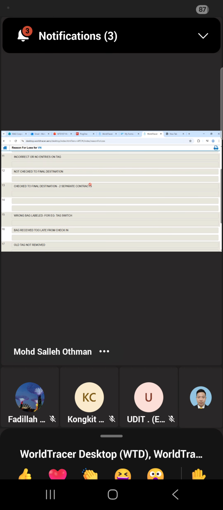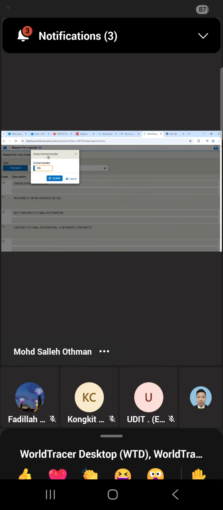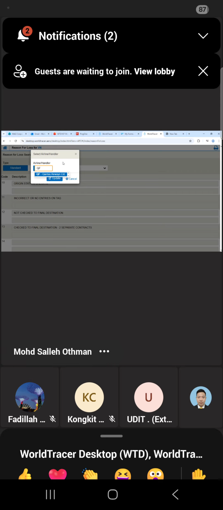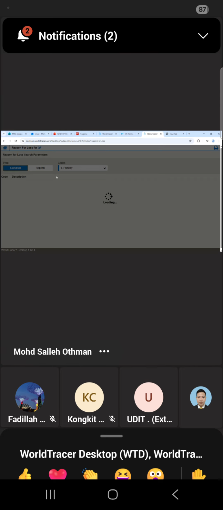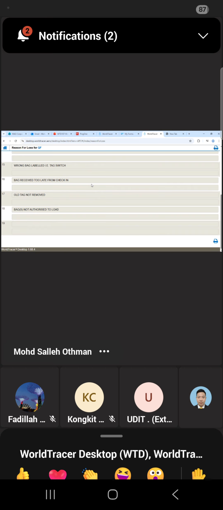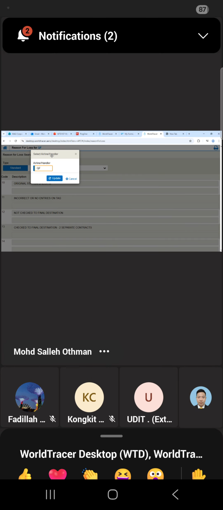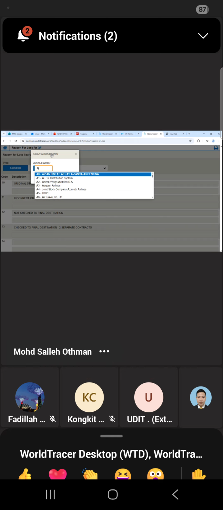Okay, very simple. Now, if you want to check for QF, click QF and click update. I believe it's the same. Air India as well.